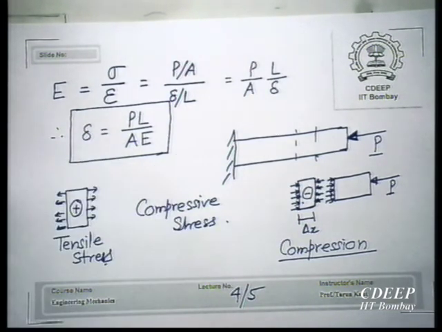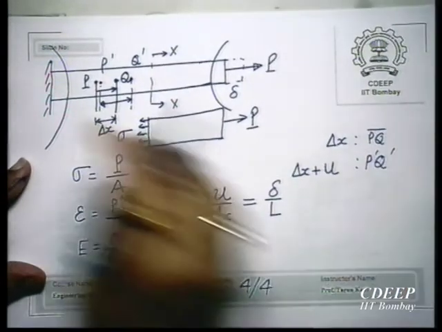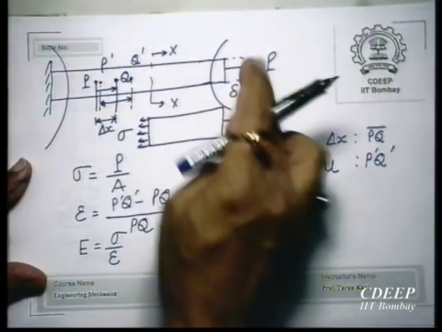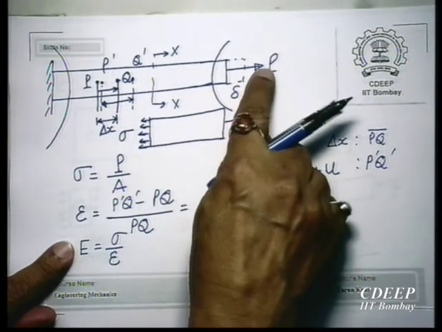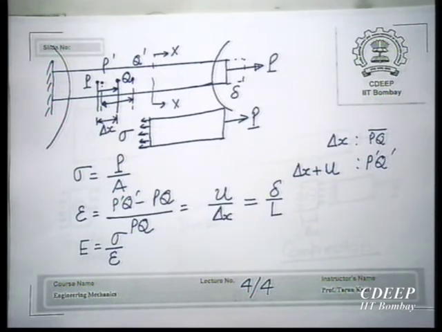Okay. Now, in this discussion we have assumed that the rod is weightless, is it not? Nowhere has the density of the material come into the picture. So, we have taken a rod, we have fixed it, and then we apply a load. There are two ways of expressing this. One is that it is weightless, or the weight of the rod is very small compared to the applied force P. So, we are neglecting it.